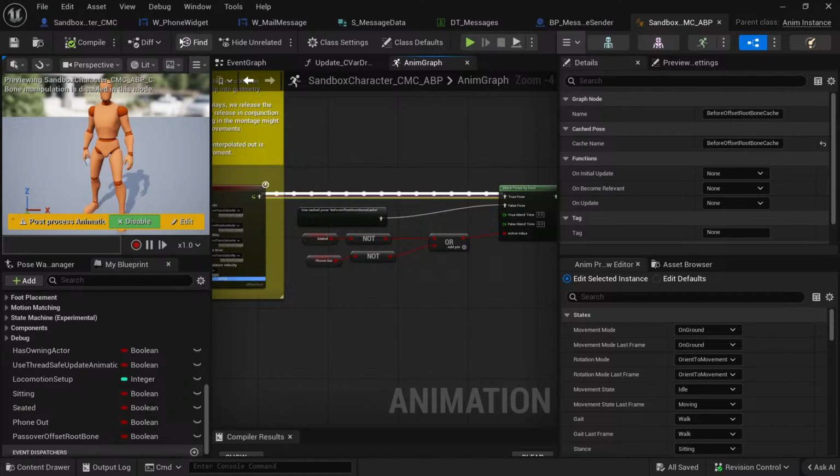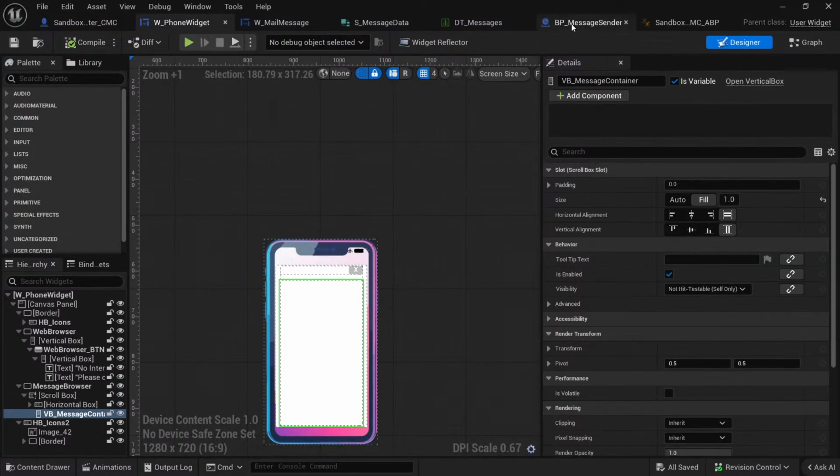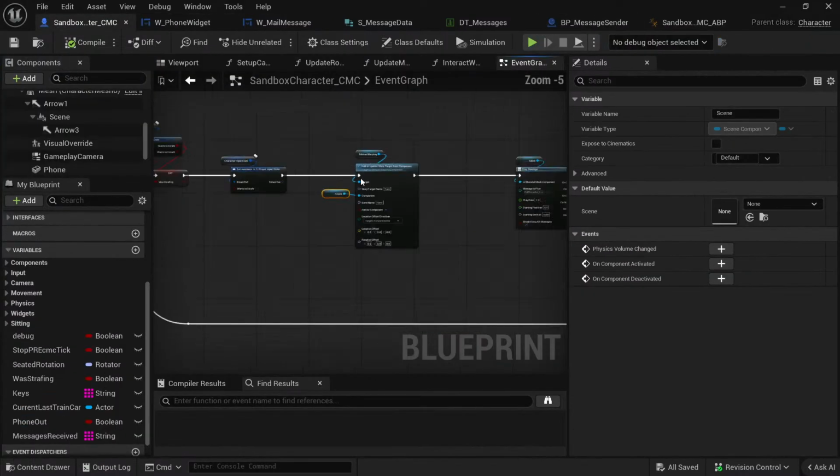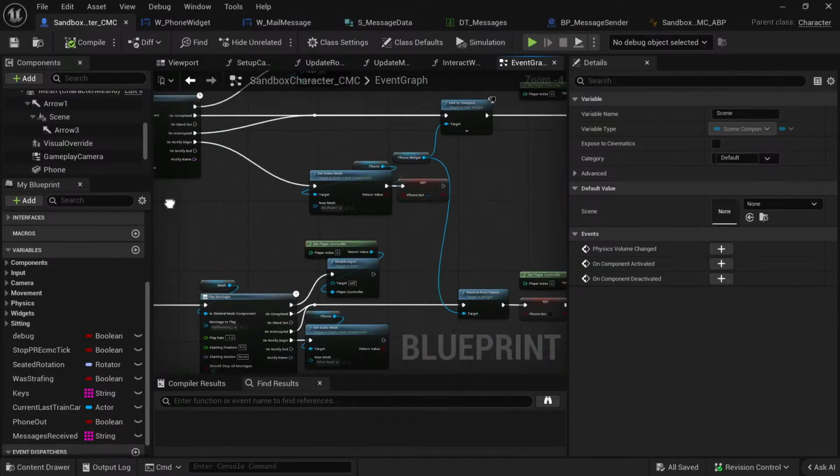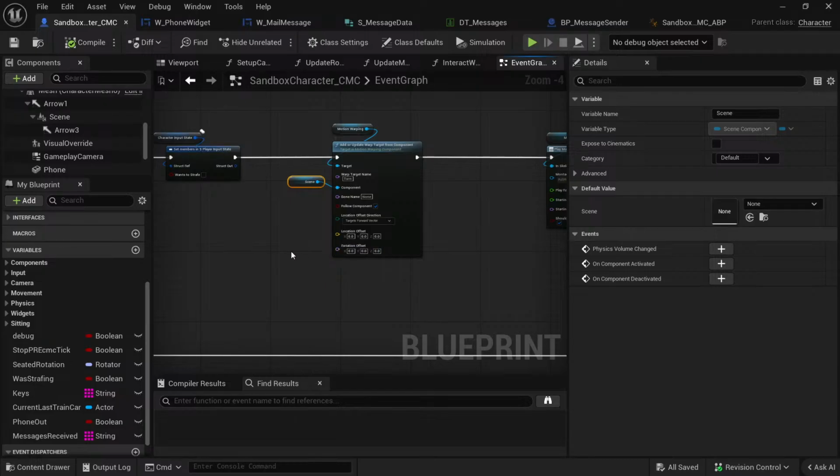Oh, I know why. Well, no, I don't know why actually. I was going to say it has to do with when I'm turning the phone, but